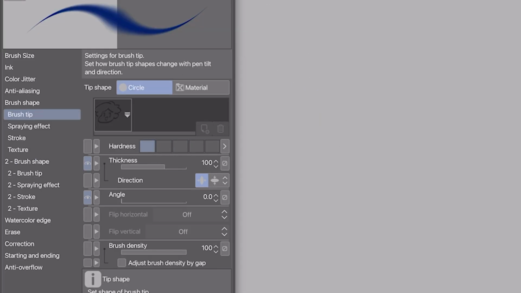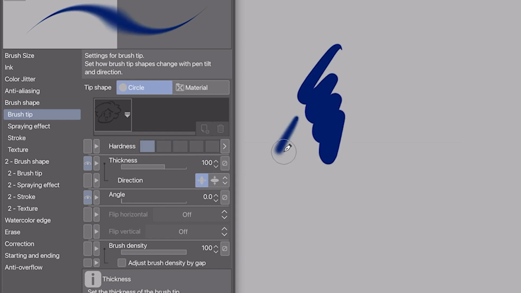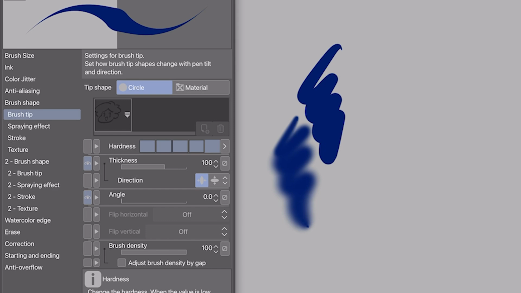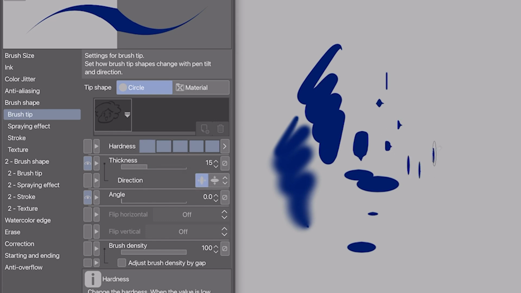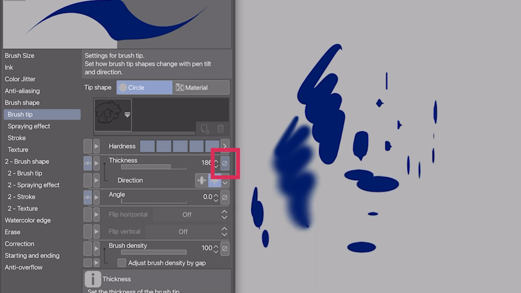Hardness is, well, the hardness. Have it at max and it's hard. Have it at low and it's airbrushy. Below that is thickness. Thickness applies to how the brush tip would be squeezed. The default is at 100, but if I had it at more than 100, it turned into an oval. Similarly, below 100, it also got squeezed, but in a different direction. Instead of going high or low value, you could choose the direction it squeezed from this right here as well. Don't forget about this box right here.